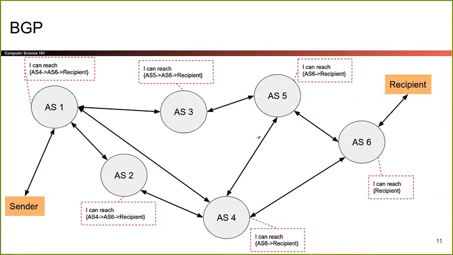And now the sender sees that, oh, the router on system 1 sees this message, says, I can send this message to 4 to 6 to the recipient. So it says, okay, then I'll do that. So this message will now hop from the sender to the first system, to system 4, to system 6, to the recipient. And I think that's the shortest path, but it kind of depends.